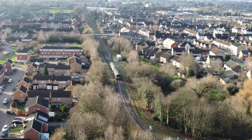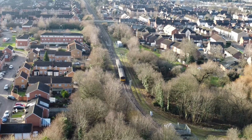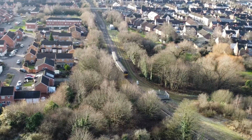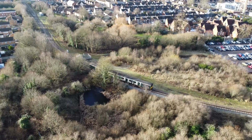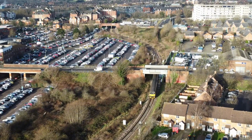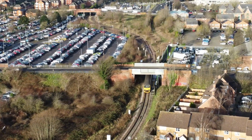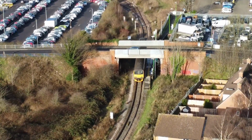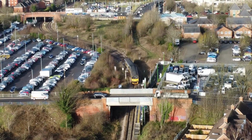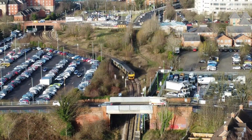So this is the old Varsity Line from Oxford to Cambridge, and as you can see in the distance there, you can see the train coming round down the line. It will take the railway in front of us, go into Bedford St John's, the newer block and board one that was put in when the Marston Vale opened, and then from there it's going to go off up into Bedford Midland Road Station, and then it will come back where I will be embarking and going down towards Stewartby, trying to find a HS2 waste soil train and where